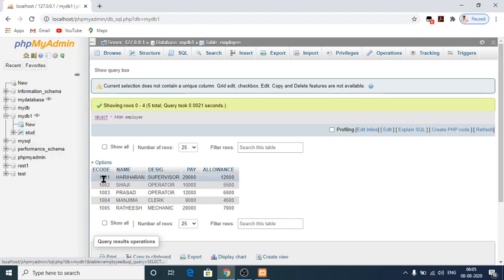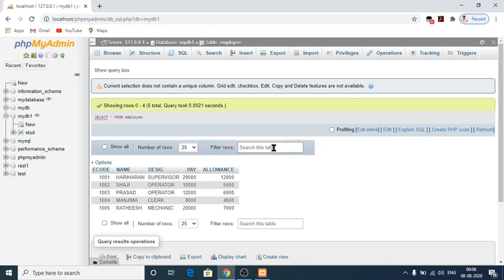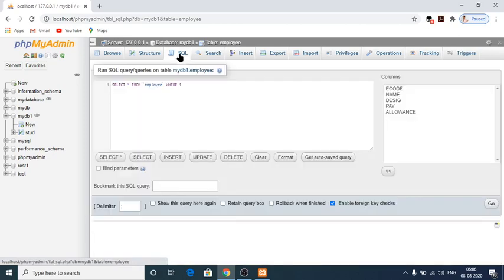In my DB1 my table name is employee, but here I have set the E code as 1001, 1002, 1003, 1004, 1005. But my old table from my database DB, my table name is also employee, but I had set a different E code for the employees, 101, 102, 103, 104, like that. So this is very similar to what they have given in your book. So with this we will execute some things.